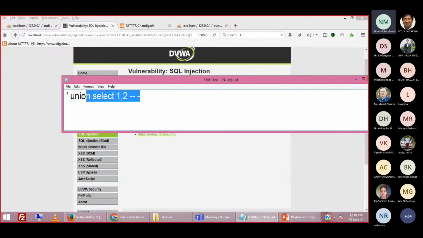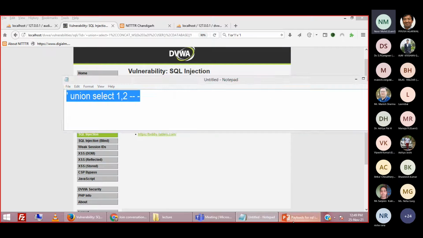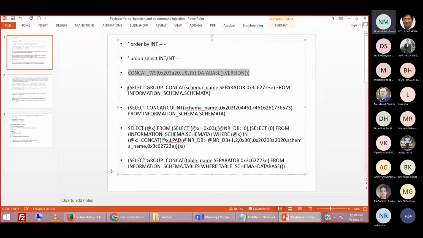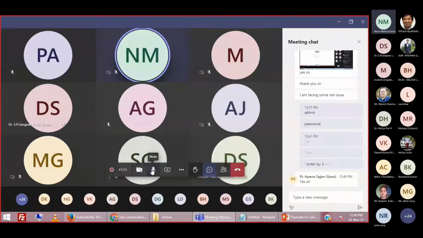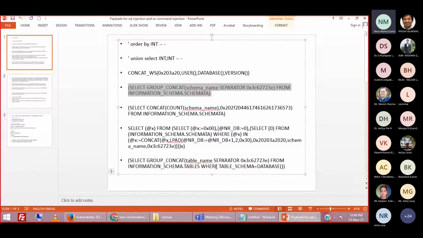This was our final injection code structure. Now I'm going to use some more payload. So this payload I'm going to use here.